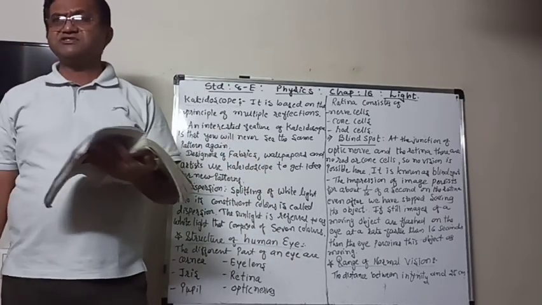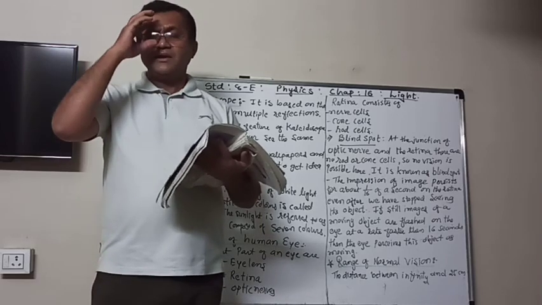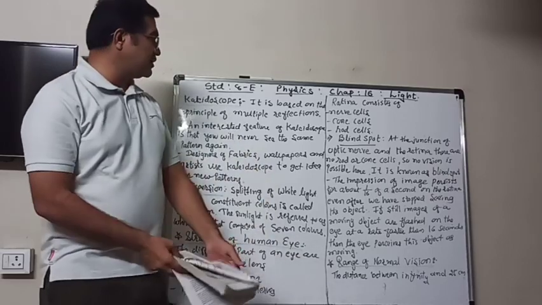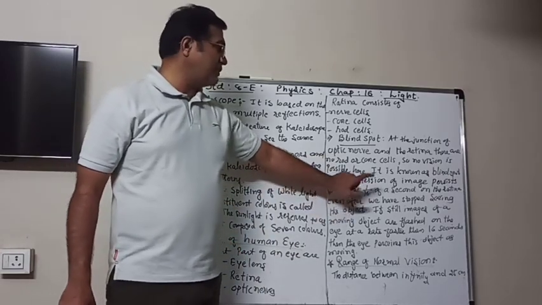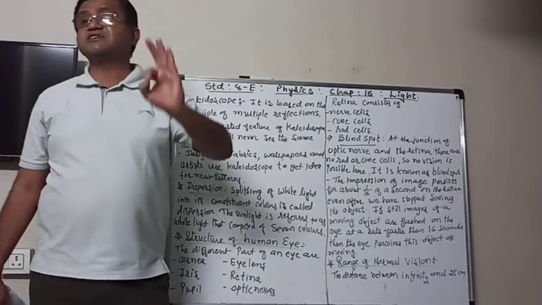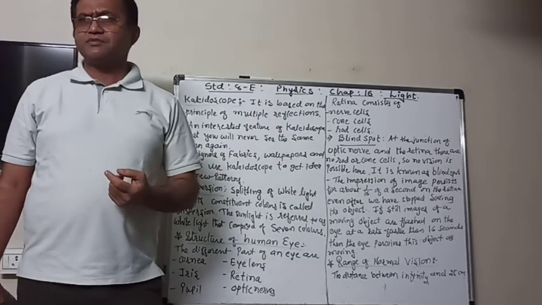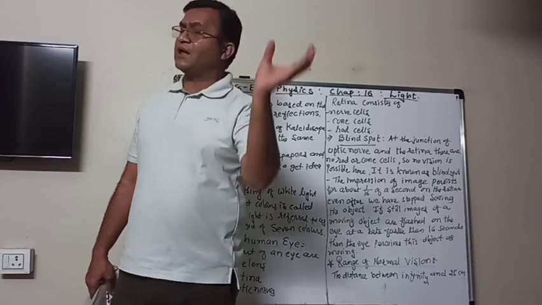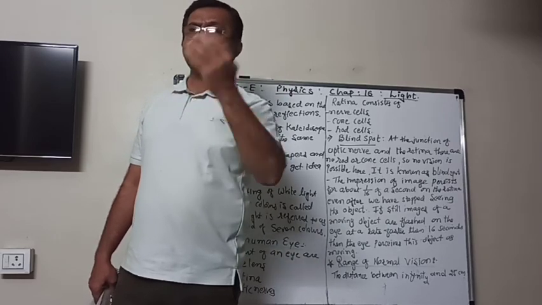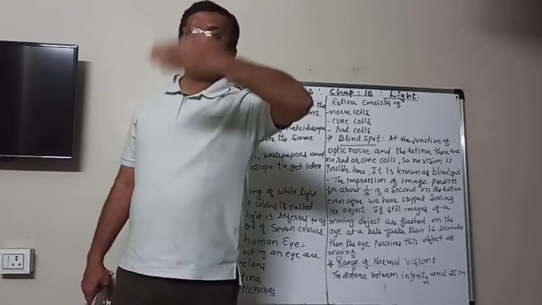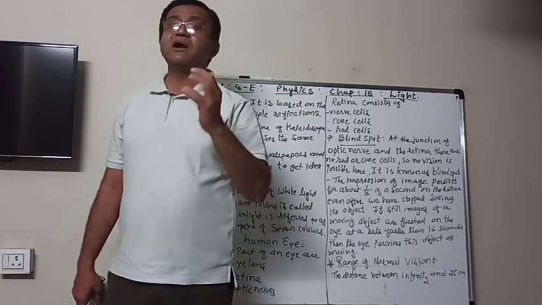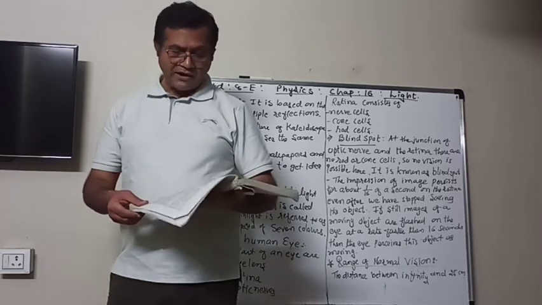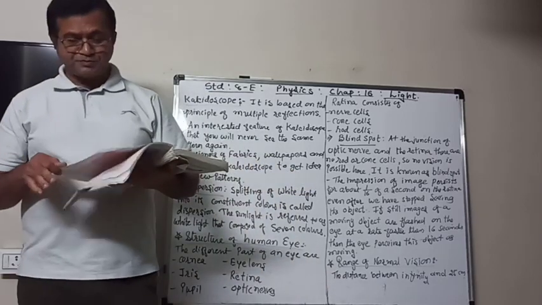When you move it very fast, you will get the illusion that the bird is in the cage. Why? Because, as I told you, the impression of an image persists for about 1/16 of a second. So when it is moving very fast, you look at the cage, and the bird's picture is still in your eyes, that image is still on the retina, and it looks like the bird is in the cage. So that is the activity. You can do it yourself also. It is shown in our book also.